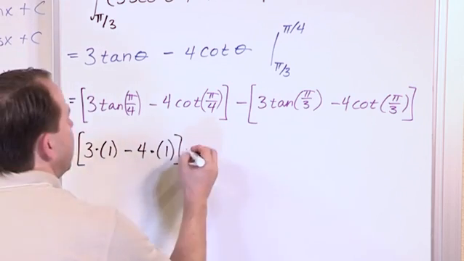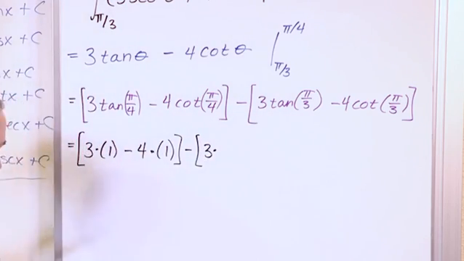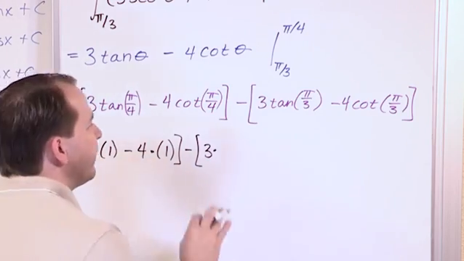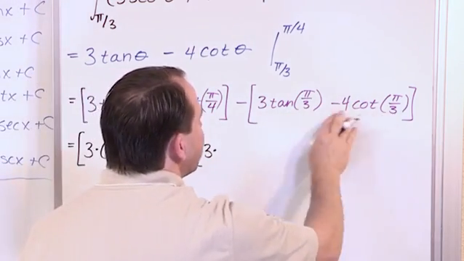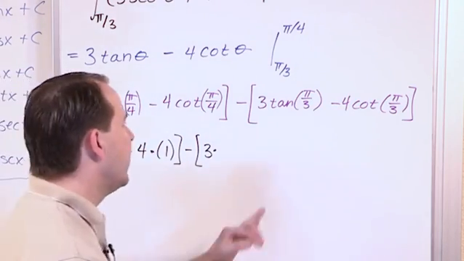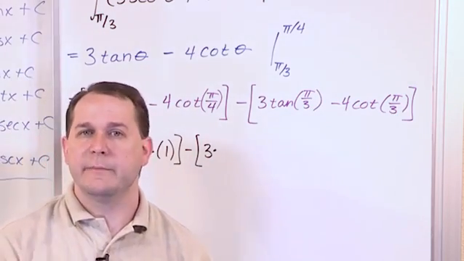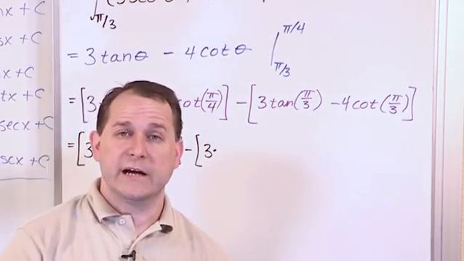All right. Then over here you have 3 times, what would be the tangent of pi over 3? Now, there's a couple of ways. Some people actually memorize what these are. That's fine. In all of my years of doing math, I never actually memorized tangent of pi over 3 and cotangent of pi over 3. I always memorized sine and cosine of the core